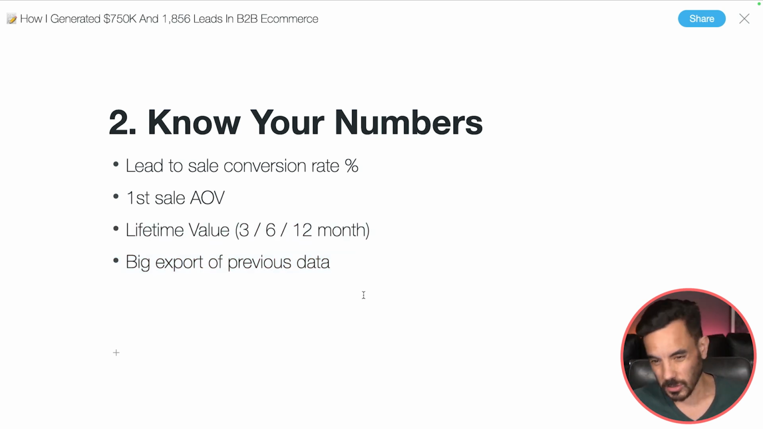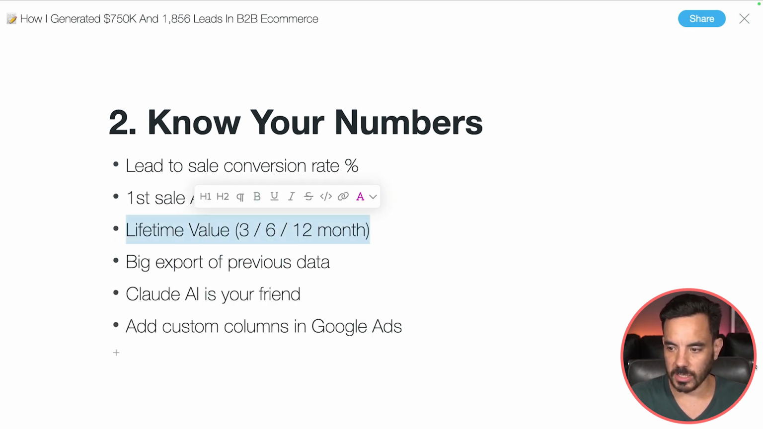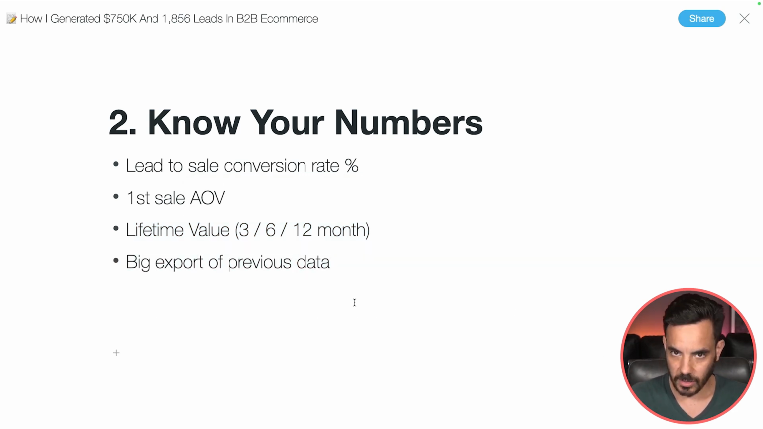Now, if you're a traditional e-commerce store and you're running on Shopify, you've got a bunch of tools and apps like Lifetime is a good one, and that will just automatically calculate things like your 3, 6, and 12 month LTV for you, and AOV will be really apparent because it's just really easy to read in Shopify. But if you're a B2B e-commerce company doing lead gen, these numbers are a bit harder to come by because